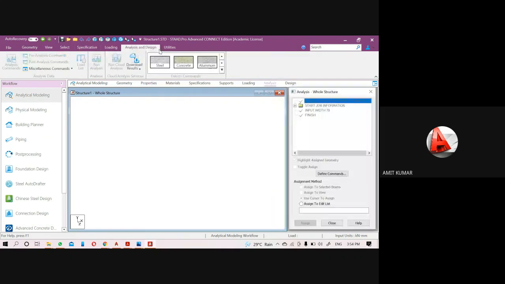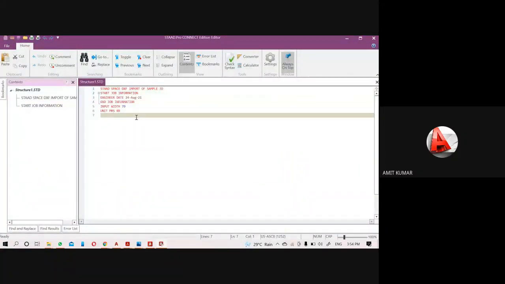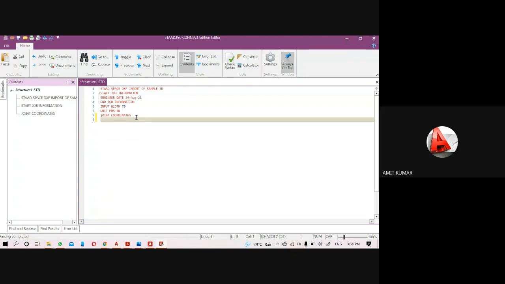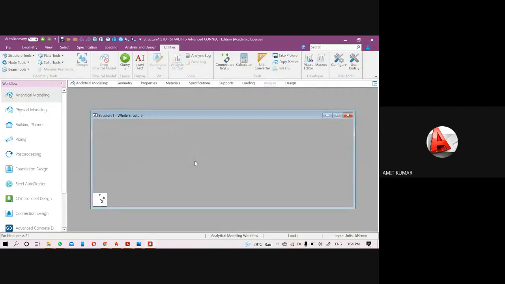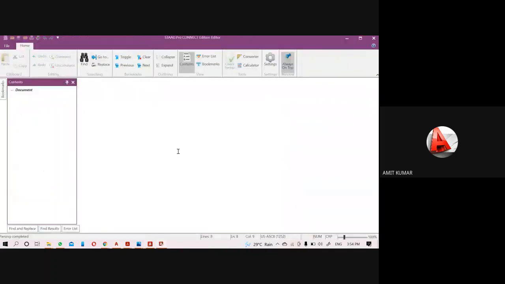Now I'm just going to show you how to create a few structures. Just see, if I write down here joint coordinate, that is the COO, you can write the COO also in place of coordinate, and press enter. Now I'm going to create node 1, and the coordinate value for the node is 0, 0, 0. Then you can see node 1 and the position of that node at 0, 0, 0 will be created here. You can see it through the geometry. Here it is. So through the utilities and command file, we can create the structures.